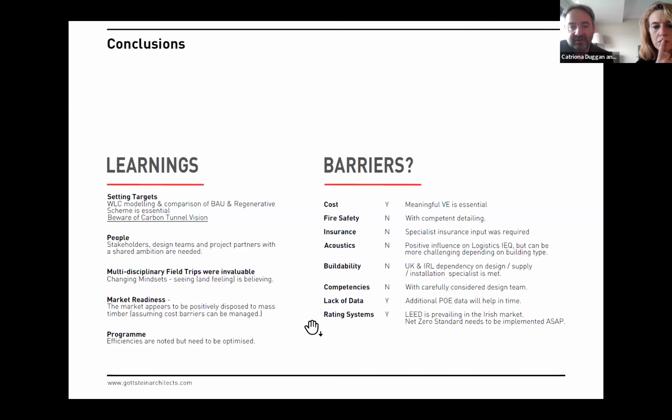And then market readiness is something that we often came up against, and over the last 2 or 3 years has been demonstrated not to be an issue. And then program efficiencies, as also alluded to by the previous speaker, are critical in evaluating the outcome. Barriers,